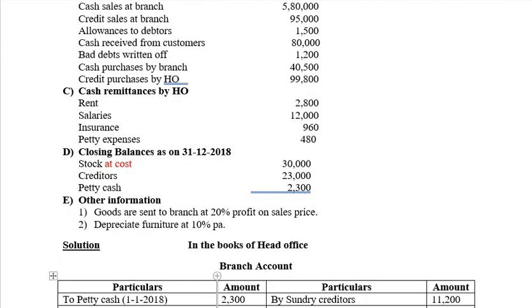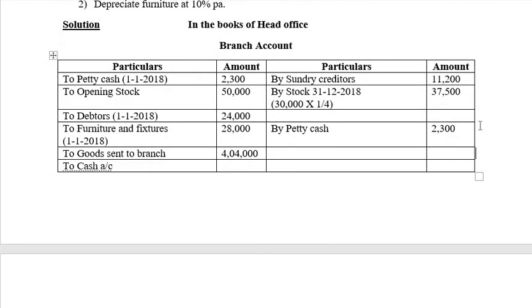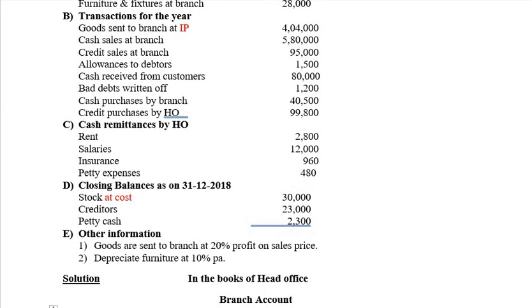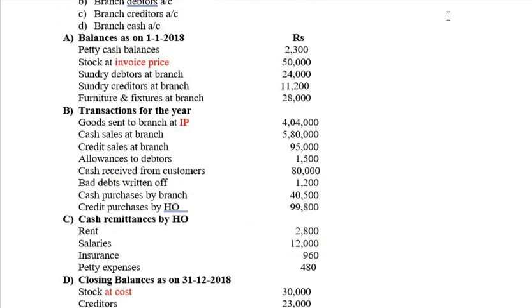Next, after creditors, the next one is petty cash. Now petty cash, again the closing amount. So by petty cash 2,300. Okay, 2,300. Next, after petty cash, other information. Goods sent to branch at 20% profit on sales. Okay, 20% profit on sales is nothing but